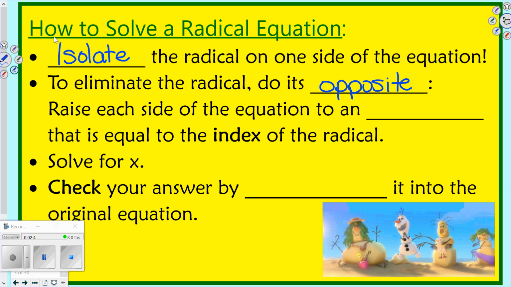You will raise each side of the equation to an exponent, that's the word I was looking for there, an exponent that is equal to the index. So if it was a square root, you square it. If it's a cube root, you cube it. If it's a fourth root, raise it to the fourth, whatever that index is. After you do that, you are eliminating the radicals. Then you just solve for x, whatever you've got going on in there. And then you will check your answers by